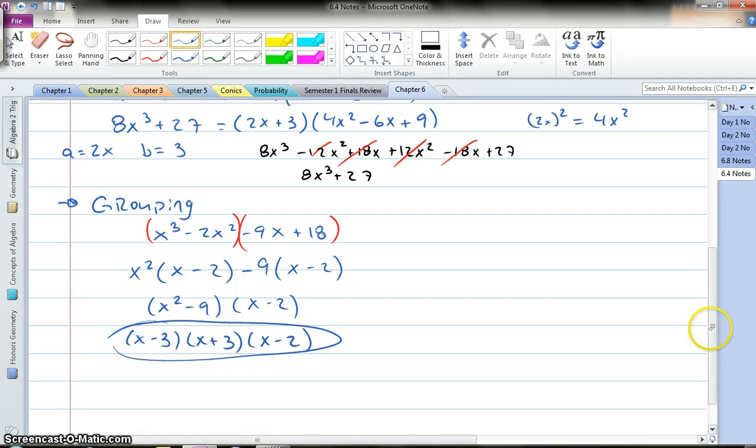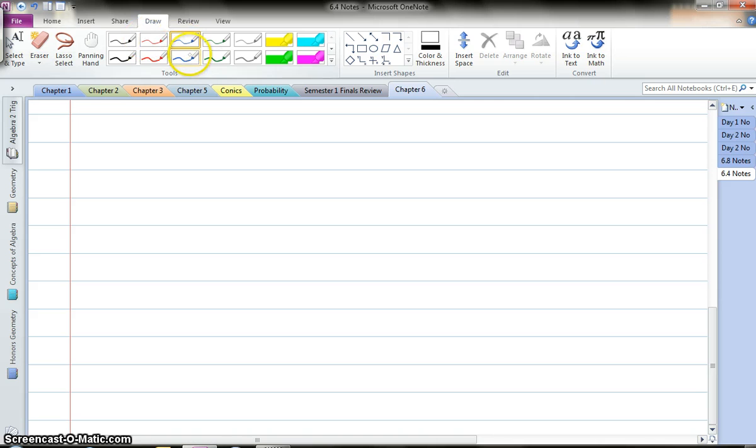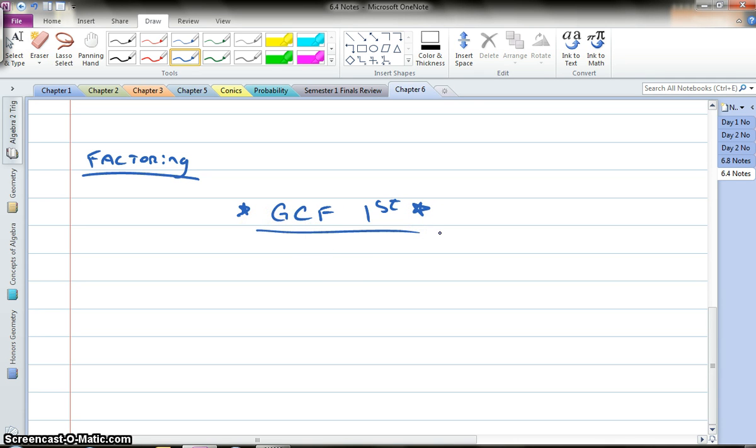All right, so let's summarize this. So I pretty much taught you 3 more types of factoring on top of all the factoring we've already had. To generalize this, please keep in mind, when factoring, I'm going to summarize everything. When factoring, we always do GCF first. That's the first thing we always look for, GCF first. Then we take a look at how many terms we have. In the event we have 4 terms,